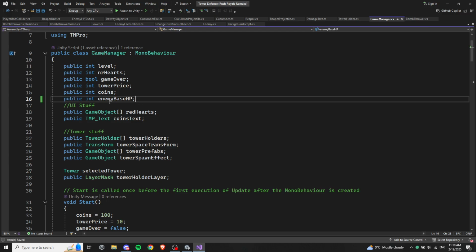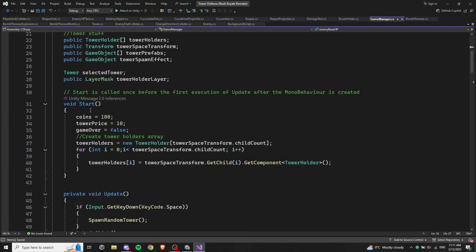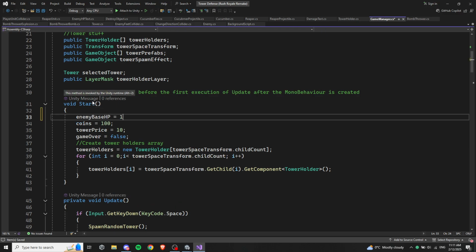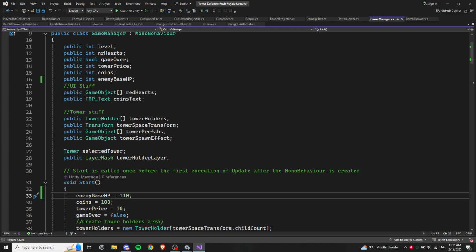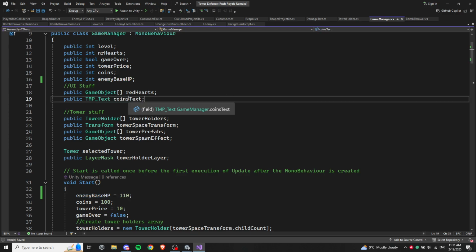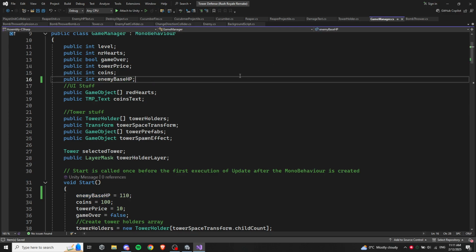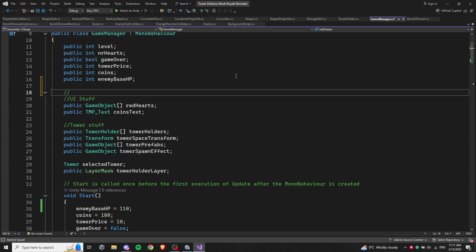So this is the starting value, and we'll say it is by default like 110. And now every couple of seconds we want to increase this base HP, right? So for that we need to count. So let's say here wave management,